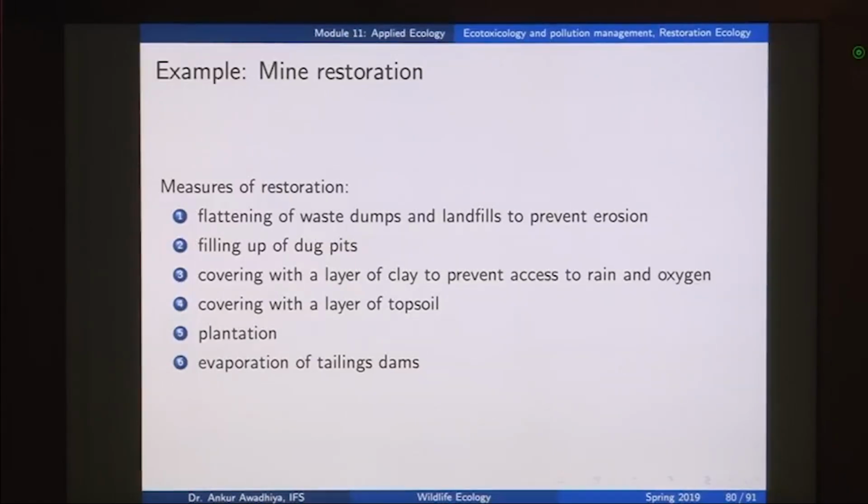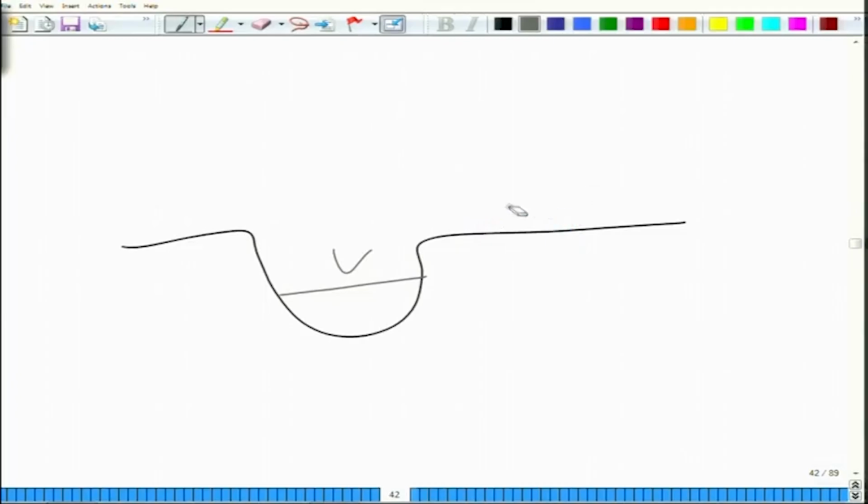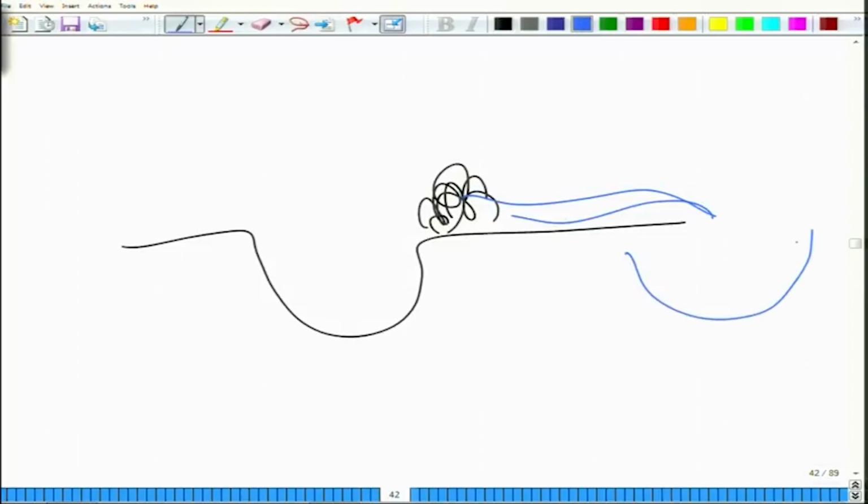Now, what is a tailings dam? Essentially, earlier when you were doing the mining operation, you were still having this gunk here, and it was giving rise to certain leachates, and these leachates were then collected in a lake. Now, in this lake you should perform evaporation, so that all the water is gone, because it is all full of heavy metal chemicals. Once the water is gone, all the heavy metals will come to the bottom, and then you can scrape it off and keep it in some other area, so that it does not reach the water table.